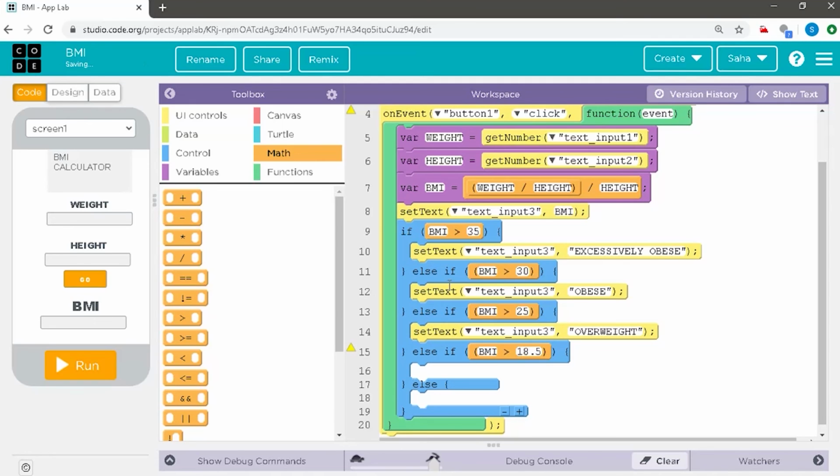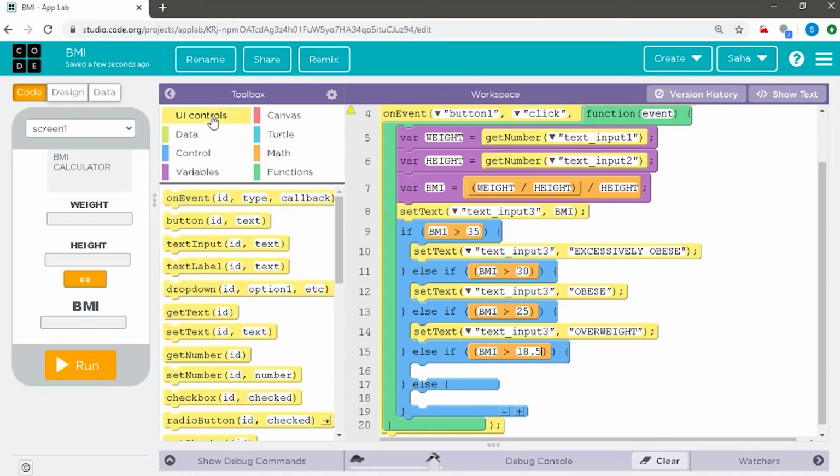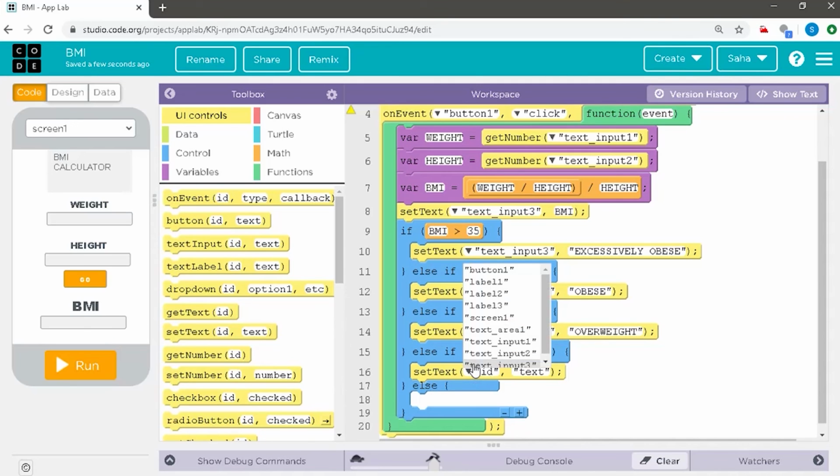Now to flash a command, we shall go to the UI controls, drag the set text command, place ID as text input 3, flash text as normal,